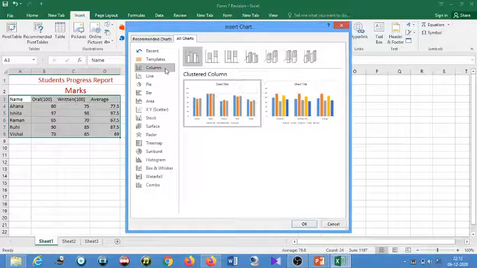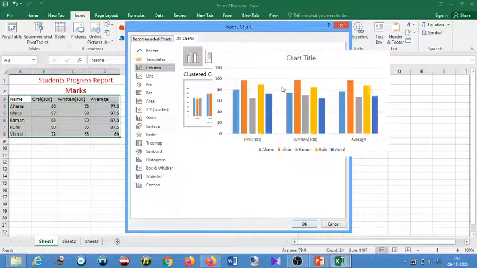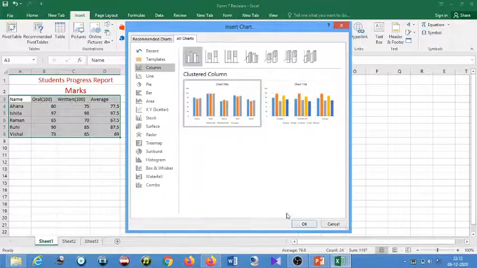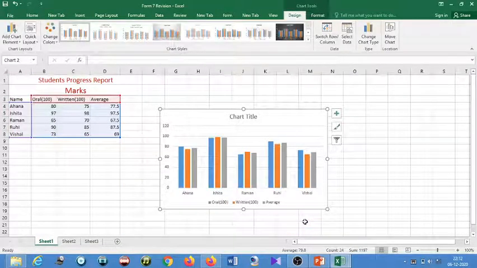First of all, as I told you, students, the default chart type is the column chart, so you can see here it is a column chart. In a column chart there are different layouts given. You can choose any layout. I just choose this layout, click on it and then click OK.